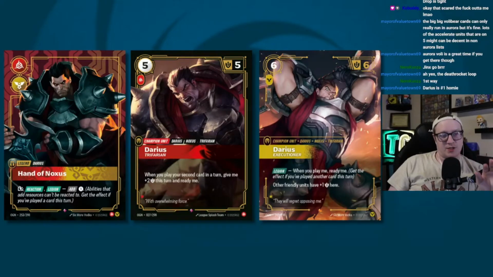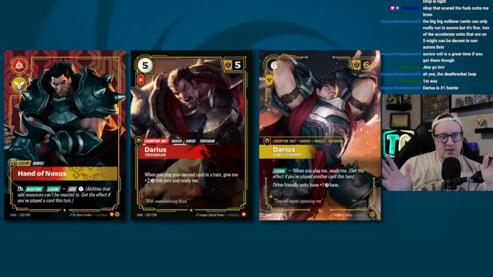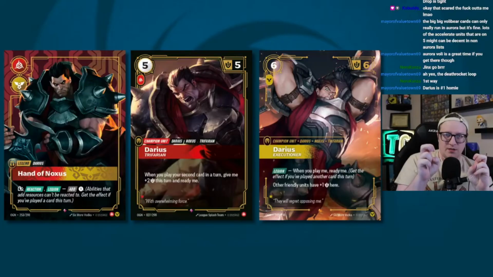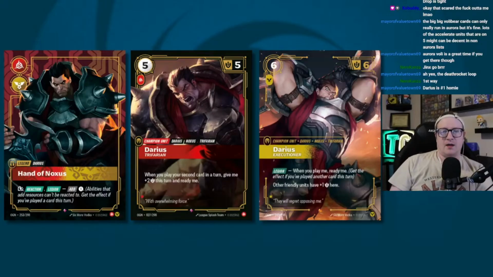Exhaust reaction, so you can do it whenever you want. Legion. Get this effect if you've played a card this turn. Okay, so it's essentially you have an extra energy if it's not the first card you play. Okay, I think that's fine. So you have a 13th energy, a 13th rune, for an extra one. Okay, that's good. And then we've got the red